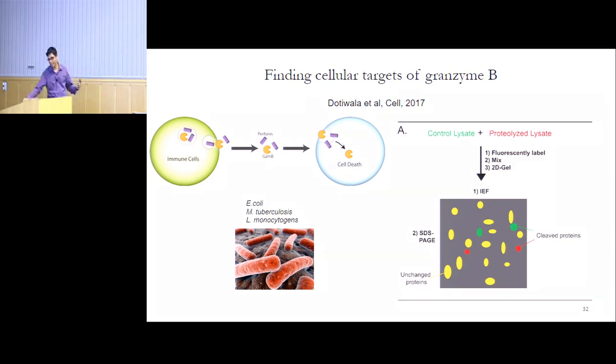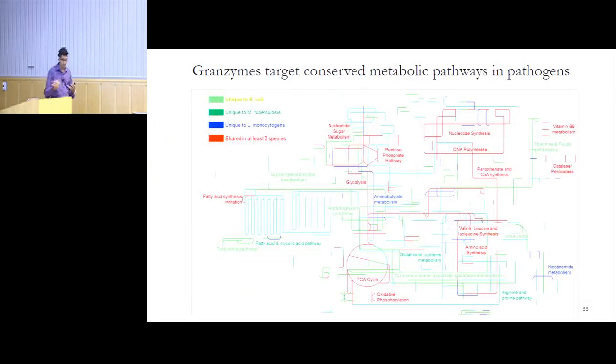We then overlaid that onto a model, and what we found was that there are a lot of different kinds of proteins that are being targeted by these enzymes. So we saw proteins all over the cellular map. I want to focus on the ones in red. These are targeted in more than one pathogen, and these were canonical pathways like TCA cycle, glycolysis, oxidative phosphorylation, fatty acid synthesis, and degradation. So a lot of pathways were degraded.